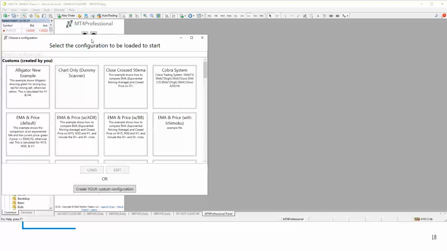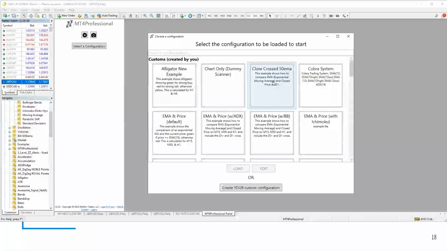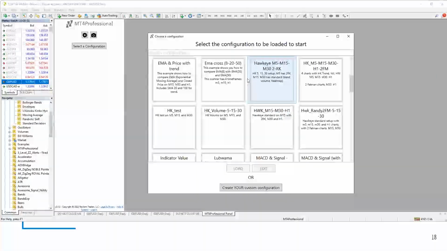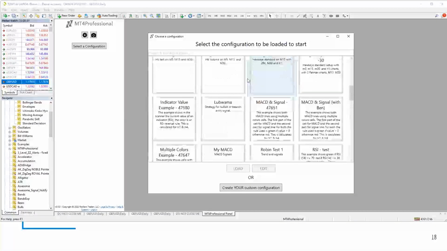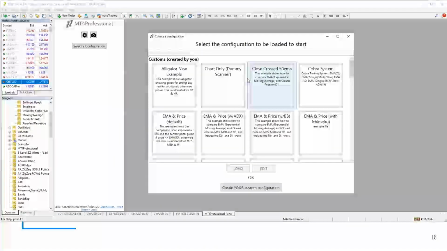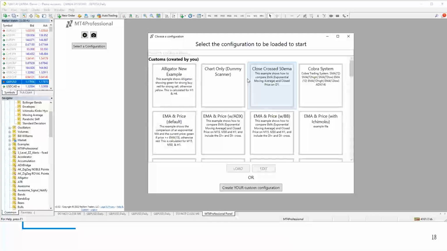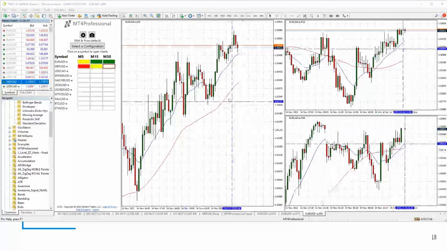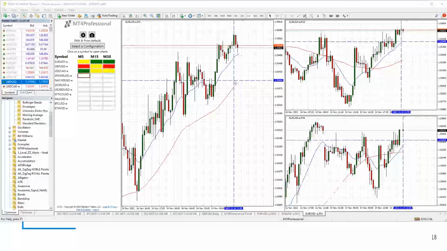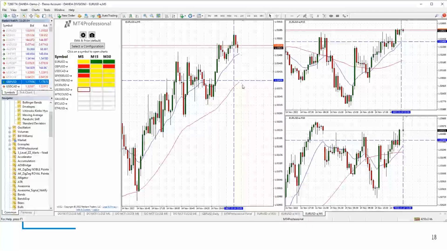You have a selection that asks you, well, where do you want to start? These are custom configurations that you have already pre-configured to allow you to set up just exactly what you want and make it look the same every time. So let's look at the median price as a starting point. This is a starting point where you're looking at 3 different time frames: 5-minute, 15-minute, 30-minute. We've got 3 charts. One chart is larger than the other 2 charts.